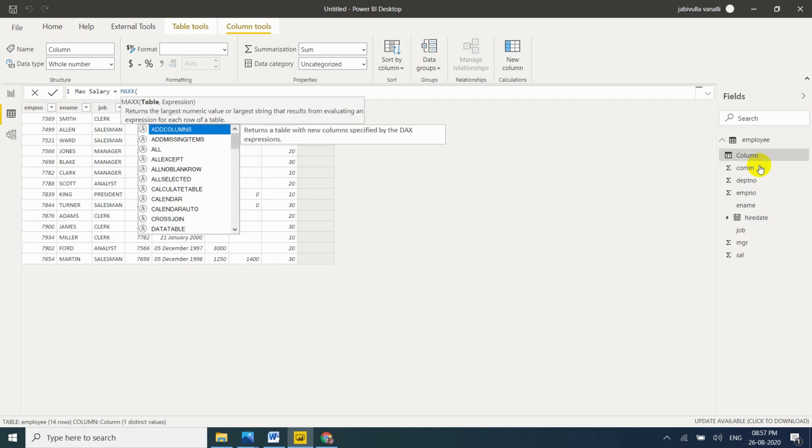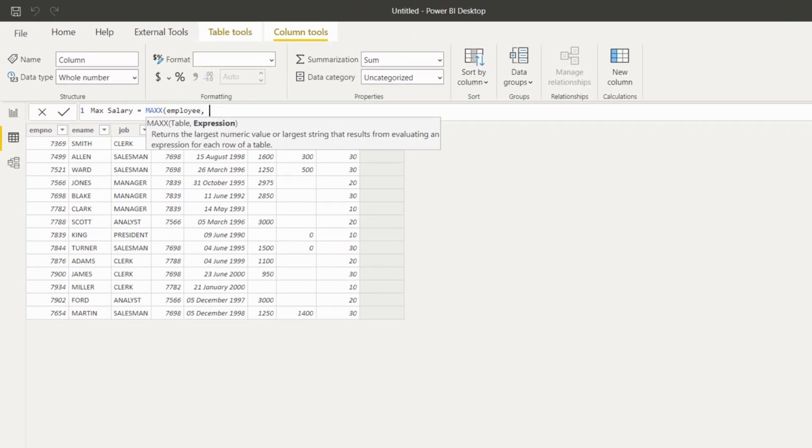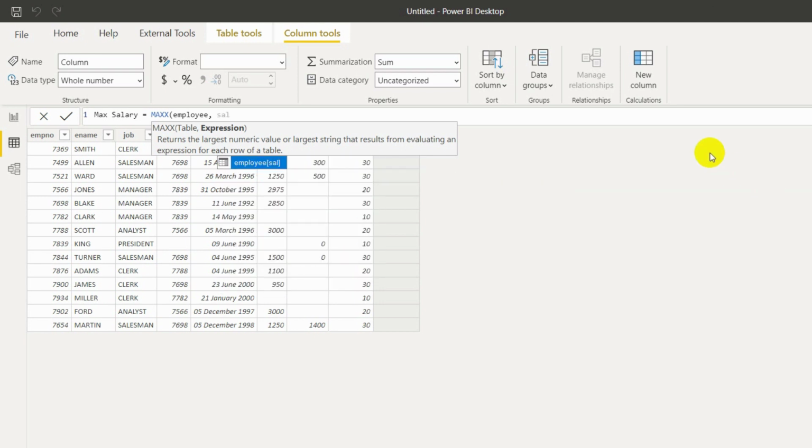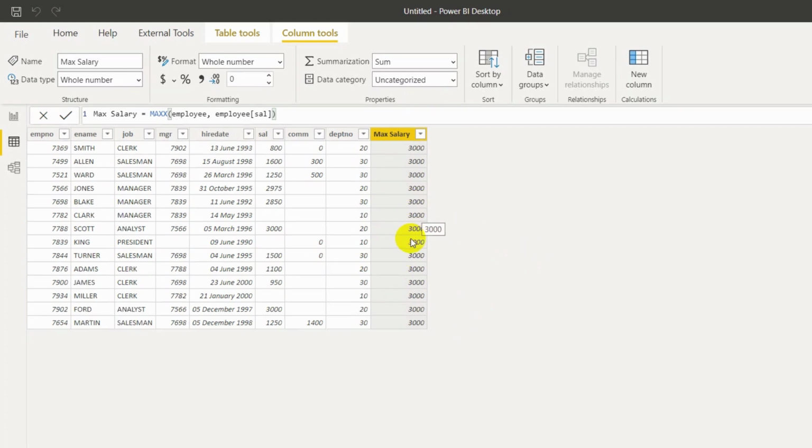The syntax is very simple: table name, which is Employee, comma, expression, Salary. So 3000 is the maximum salary from the salary column. That's the reason why it returns that. That means the MAXX function works for numbers.